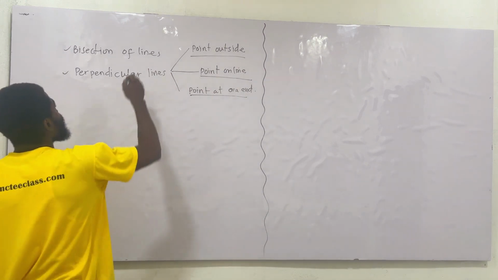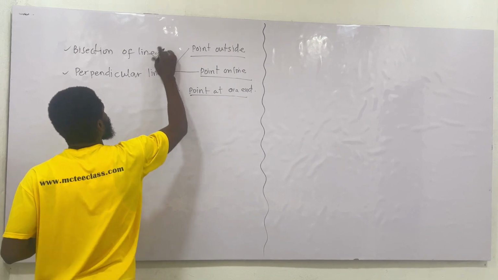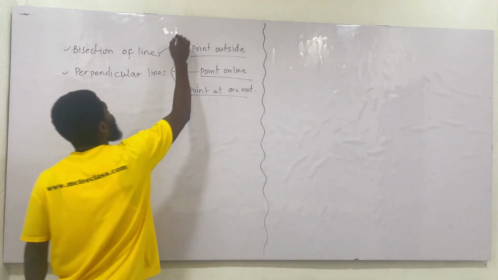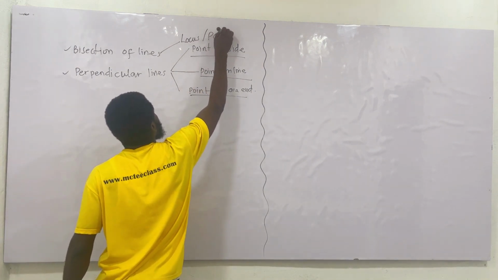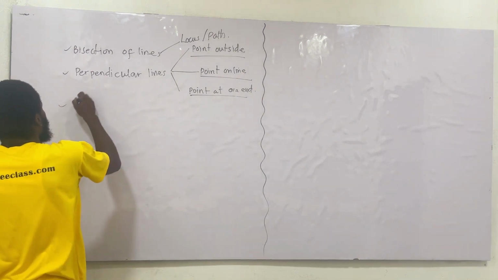Right? In the bisection of the line, I'll introduce you to the locus. I'll show you what all these things mean. The locus is also known as the path, and I'll explain it to you, don't worry. So some of these are what we are going to look at. Then we will look at construction of